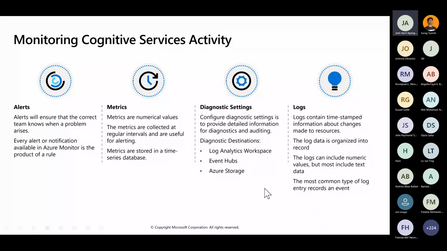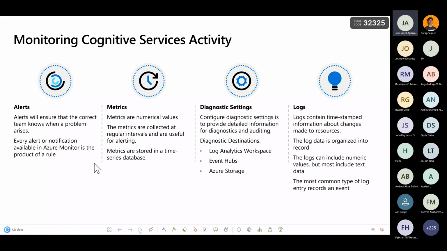All right. So let's start with diagnostic settings. In diagnostic settings, we configure diagnostic settings to provide detailed information for diagnostics and auditing. Usually, if your company has subscribed to Azure services, then all of these alerts, metrics, diagnostic settings and logs will work for you.